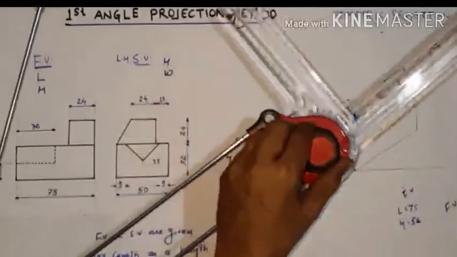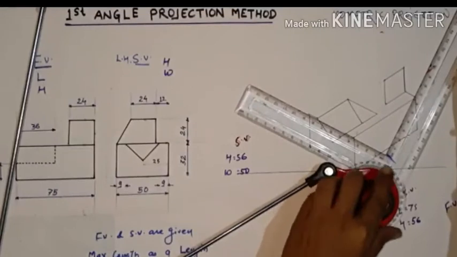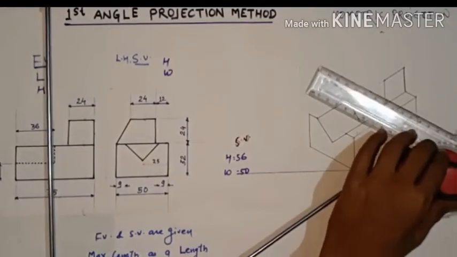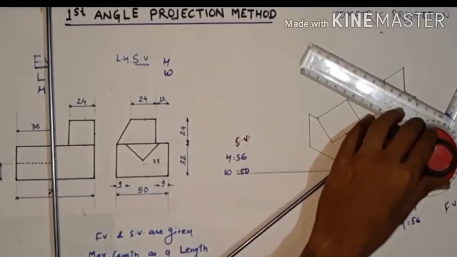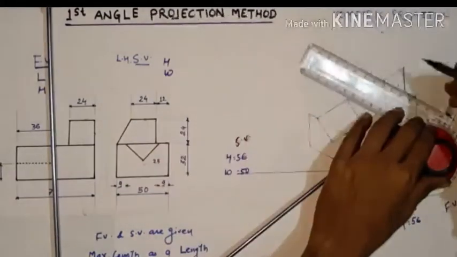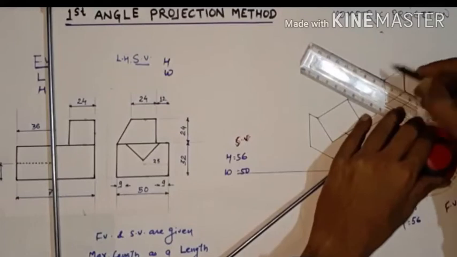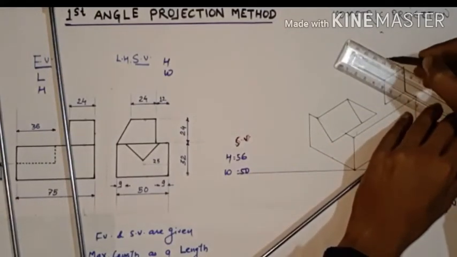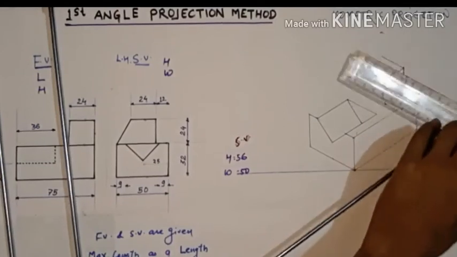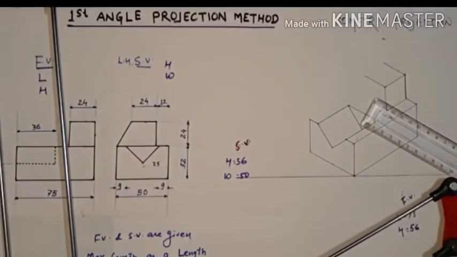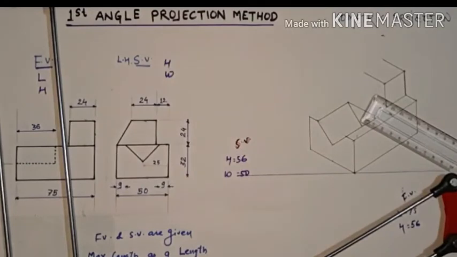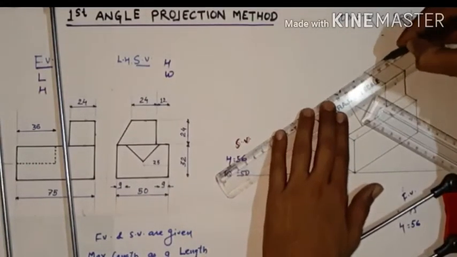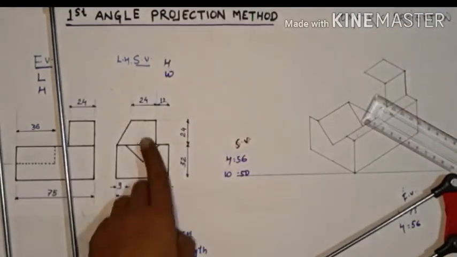okay, like this 50 mm, and now taking the MD here, from here, and we need to draw a 24 mm line. So this is your 24 mm line, and now again from here we need to draw a 24 mm line. So 20 and that is 24, and joining these two, like this. Okay, now what?